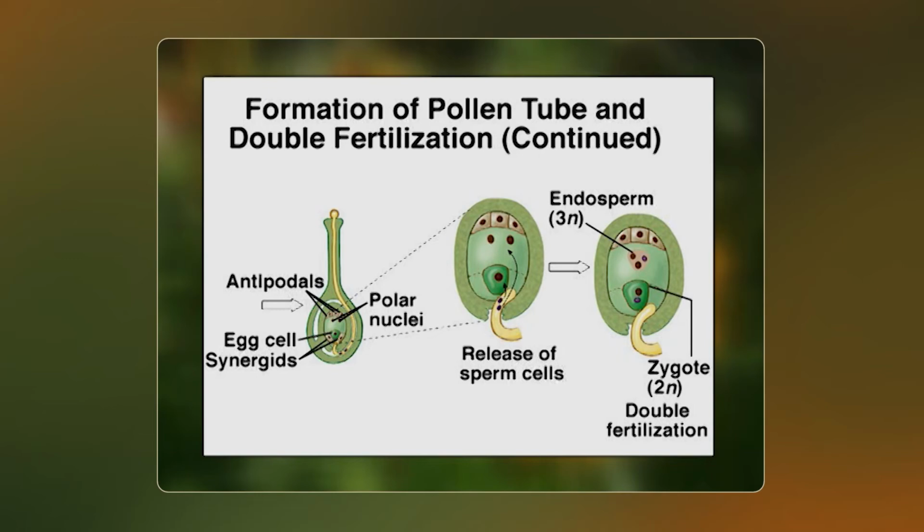They are involved in the fertilization of the egg and secondary nucleus, forming zygote and primary endosperm nucleus respectively, which give rise to the embryo and endosperm in the developing seed or ovule. The pollen and pistil interactions we discussed so far are true of the compatible pollinations, which always result in fertilization